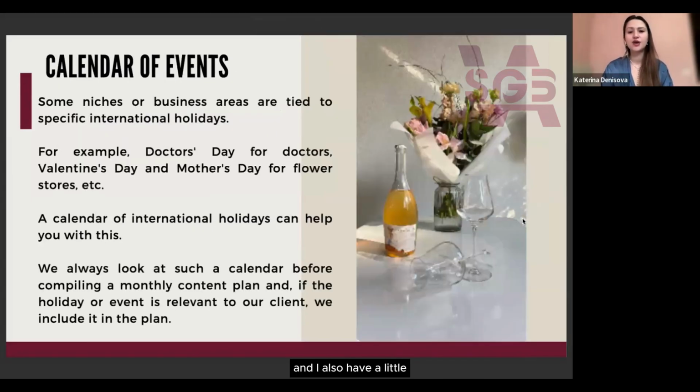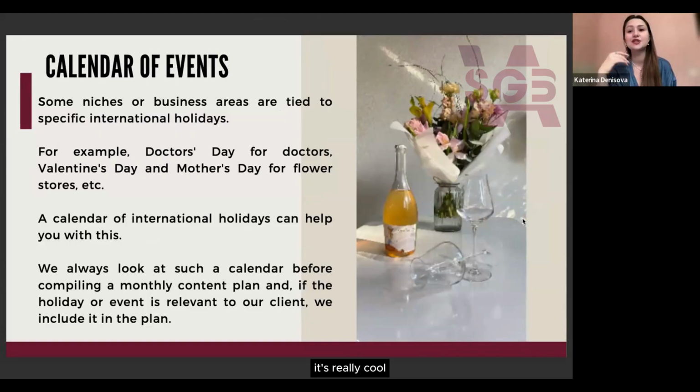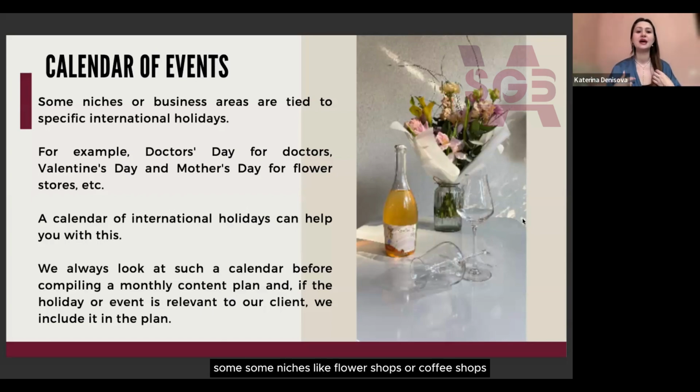And I also have a little trick for you. Some niches or business areas are tied to specific international holidays. What helps me to make an interesting, eye-catching content plan is always tracking the calendar of events. For example, when I have a client who is a doctor with a clinic, it's really cool to make a post about Doctor's Day for this client.